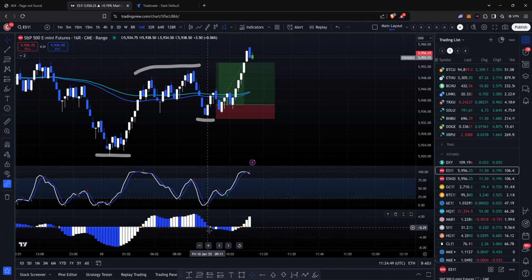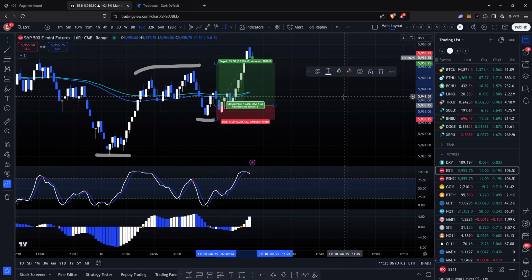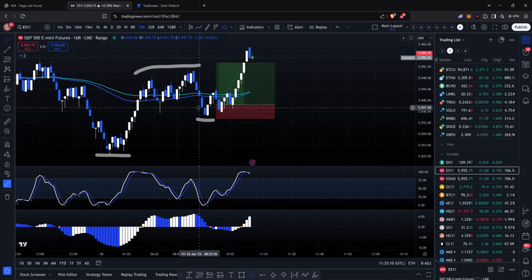We get the AO negative cross and we get a positive bar flip. So you could also take the trade here, which I think would have gotten stopped out if we just took it on the AO. So I kind of ended up just getting a lucky re-entry and a very good position. And then the trade just played out super nicely.